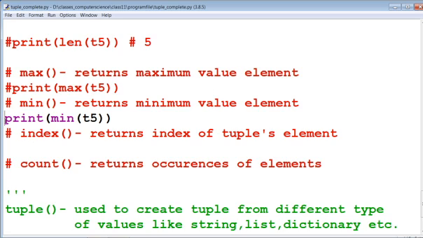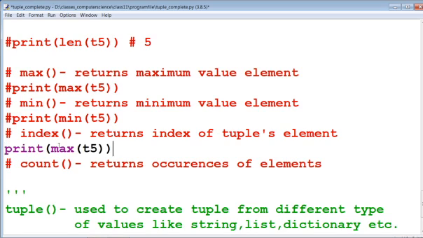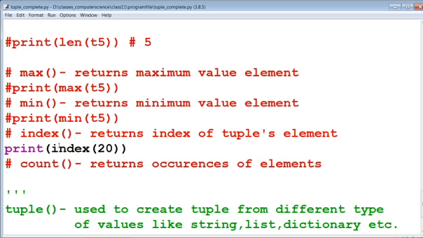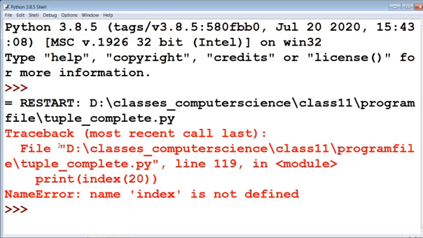Our next function is count. Sorry, index. Index returns the index of a tuple's element. If we are going to return the index of any element, then we can use index, and here the element. Suppose that our element is 20. Here 20 is an element of T5. Now you can check the output. Index is not defined.